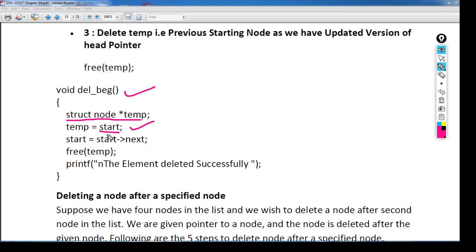Start or head, one and the same thing. You just don't be confused. Then start will be pointing to the next node by this line: start is equal to start of next, and we will free the temporary node. And we will display a message for the user: the element is deleted successfully. So this is a very easy step to delete the first node from the